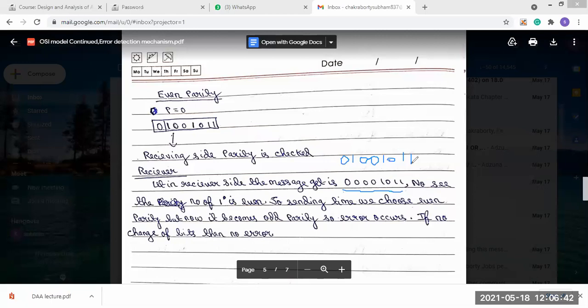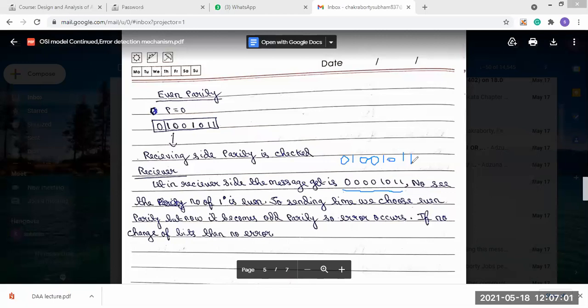At sending time, we know that we used even parity. In even parity, the number of ones present in the message should be even.